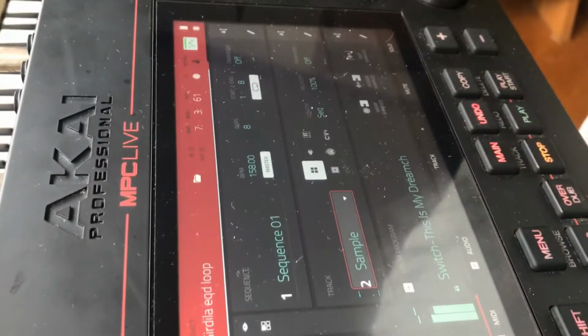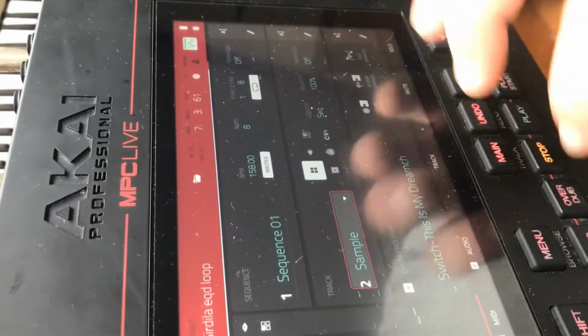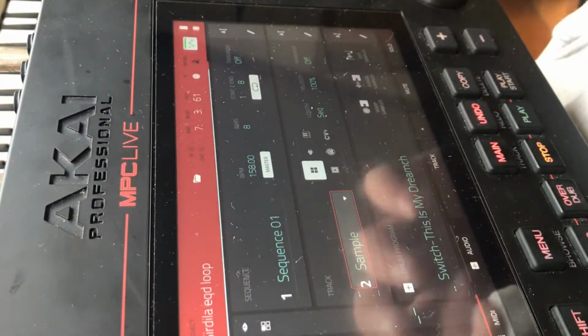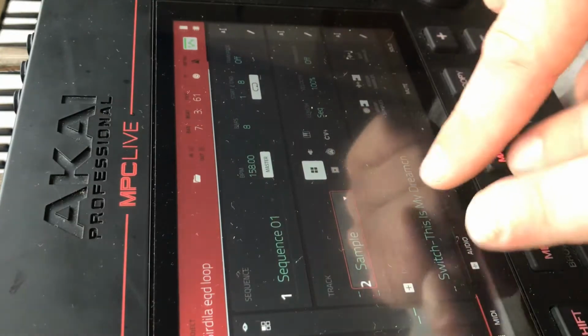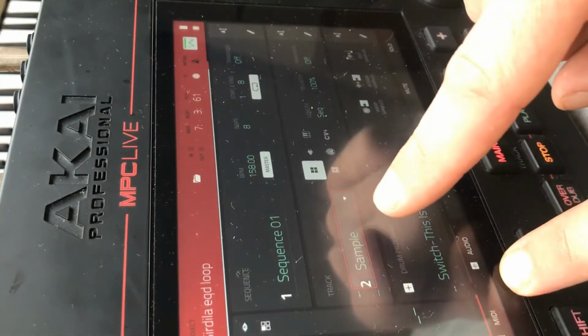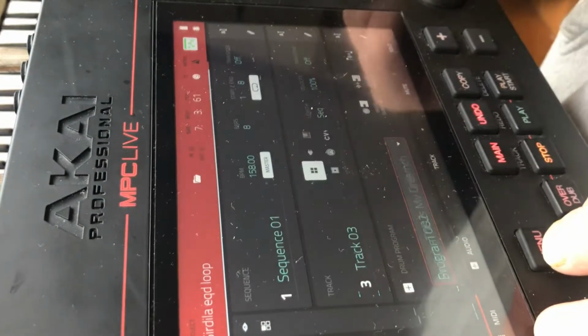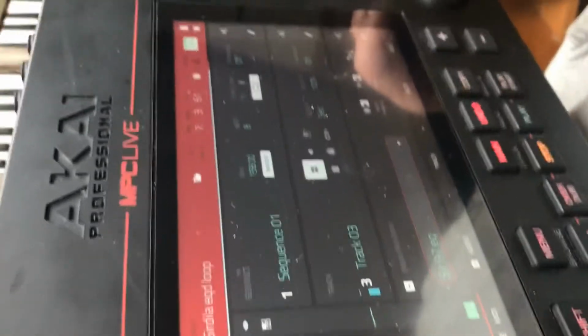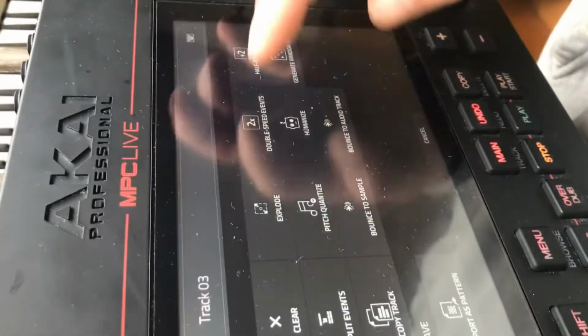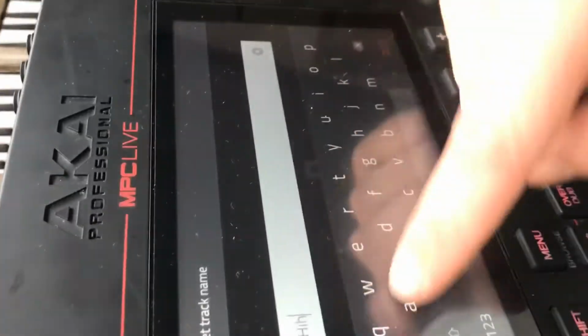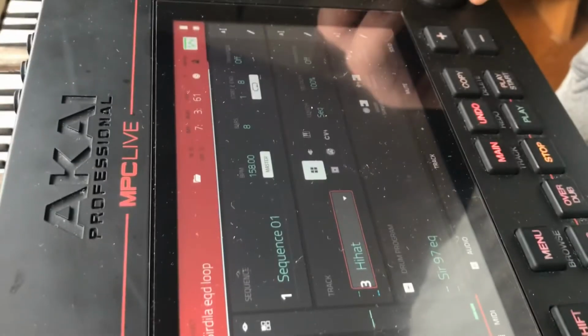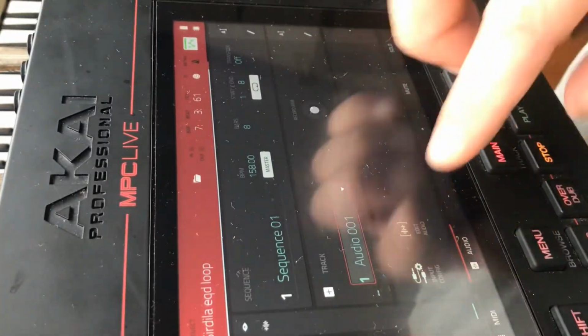So how I look at it is you pretty much just keep making drum programs for each track, or you have one drum program and you can, for example, have track 3, just to say I'm working from this drum program, my kit. I'll have that hi-hat, and then let's say the next track, but I'm still using